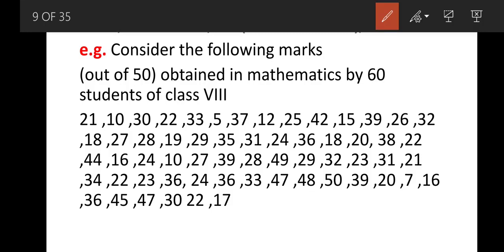So what I will be doing is looking at the minimum value and the maximum value, and then accordingly I will make the groups. The minimum value here is 5, I can see, and the maximum value is 50. So accordingly I can make groups of 0 to 5, or it can be done in class intervals of 0 to 10. So 0 to 10 will be better, otherwise 0 to 5 can also be done.